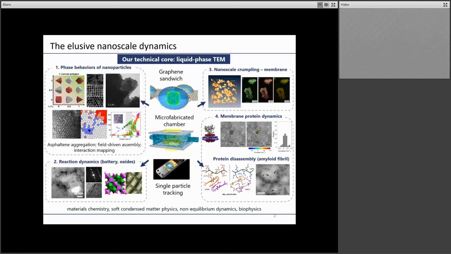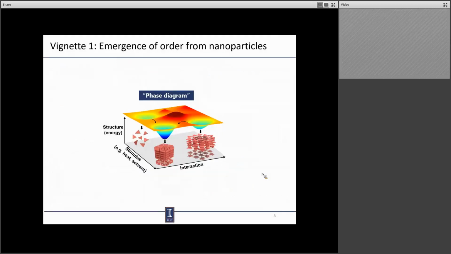And beyond liquid phase TEM, we also use other more conventional characterization tools such as small angle X-ray scattering, optical microscopy, and tomography to really make our understanding more comprehensive. So for today's talk, I'll focus on 4 short stories, and hopefully you can find something that resonates with your own scientific interest. So the first story is to understand the emergence of